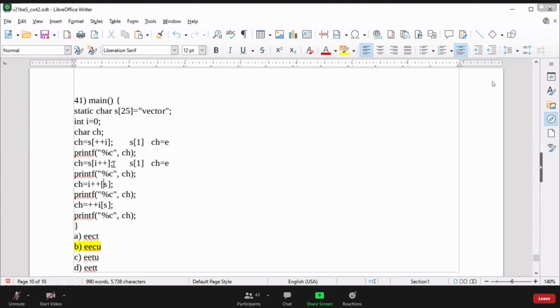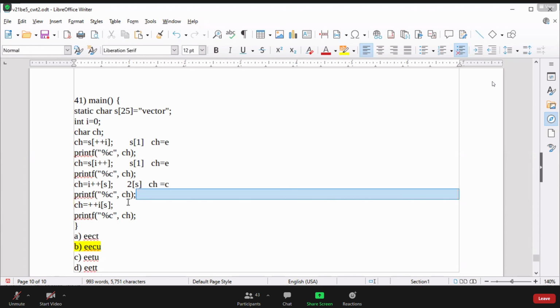But due to that previous post-increment, the I value becomes incremented. It's 2. So here we can say 2 of S. S of 1 or anything you can. And here, what is 2 of S? And see here what value is going to be assigned. We can say it's C. Correct. So it's C.